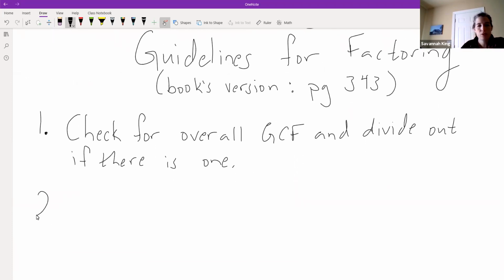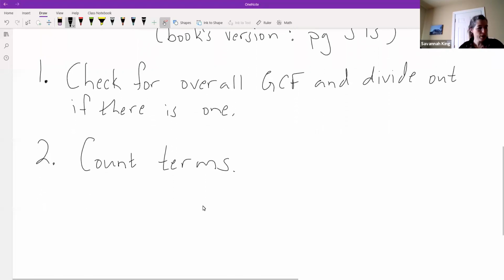The second thing that you'll do is count the terms. And generally, we work with polynomials that have 2 terms, 3 terms, or 4 terms. Generally, that's about as far as we're able to get into it. But you don't want to count terms until you have pulled out that overall GCF. Okay, so count terms, and then there will be,